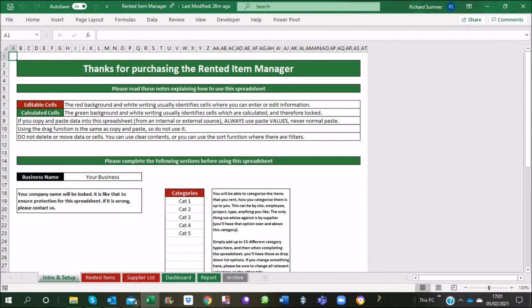Now this part of the video that you're listening to is actually added in afterwards because I've done a few updates to this product. So I just want to let you know right at the beginning, if you're watching this video and you see, hang on, you've got a few extra columns that you don't see in the demo video,